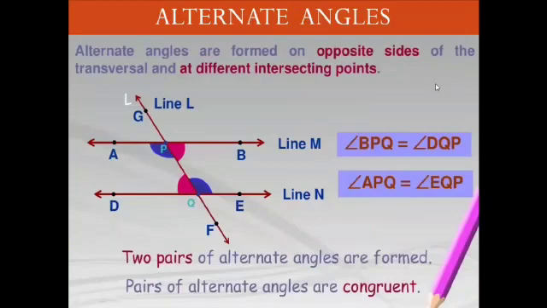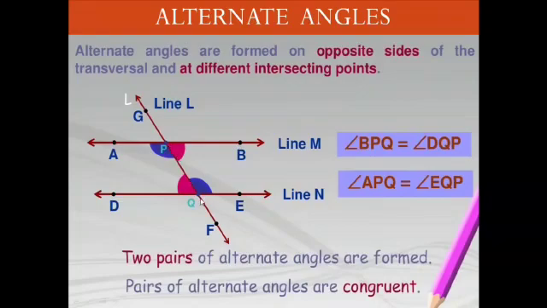Alternate angles. Alternate, as the name suggests, they are formed on opposite sides of the transversal at different intersecting points. Like I'll start from here, this, and this. What shape are they making? They are making Z. Z. Look here, Z. So here also you can see angle